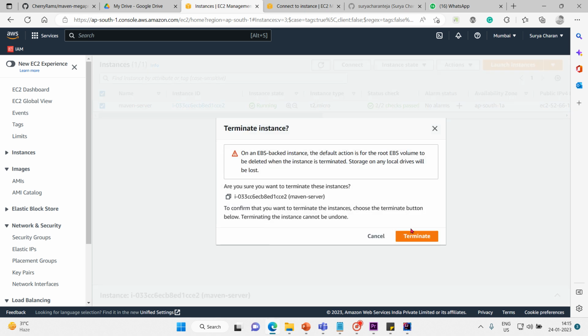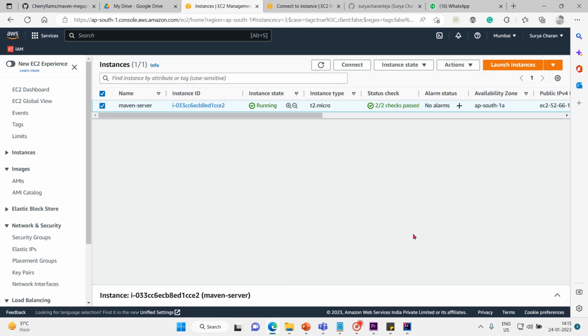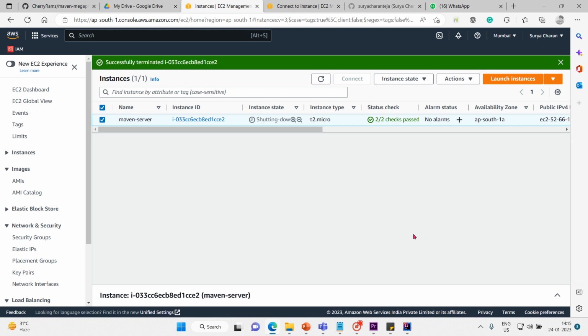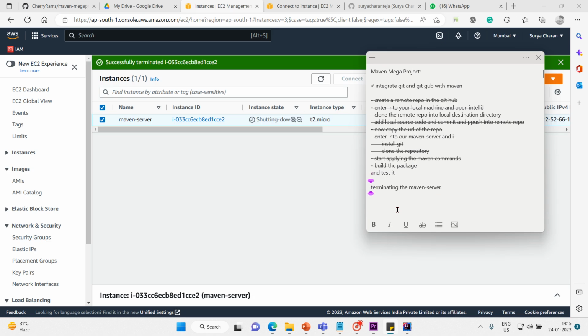Now to confirm that you want to terminate the instance, choose the terminate button below. So it's successfully terminated. You received the message. It's been successfully terminated. Now you can be free. You can be happy that no amounts will be charged to you in AWS. So that's how. With this, we are going to wrap up